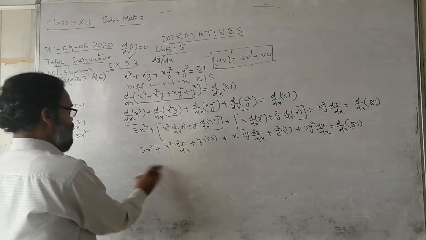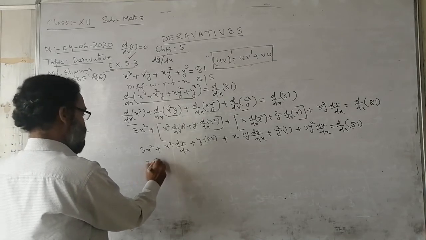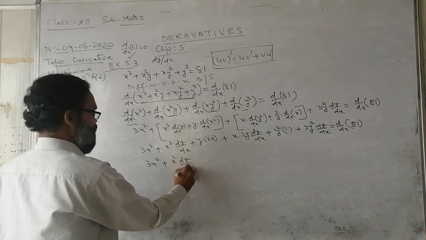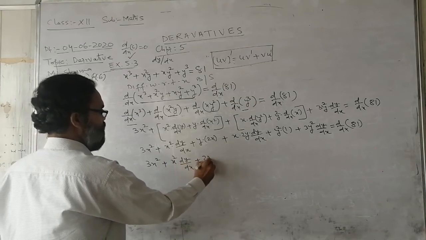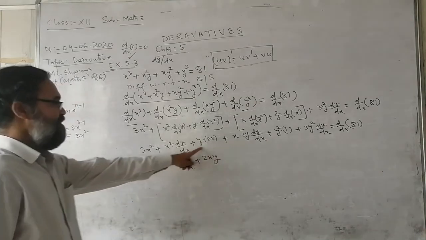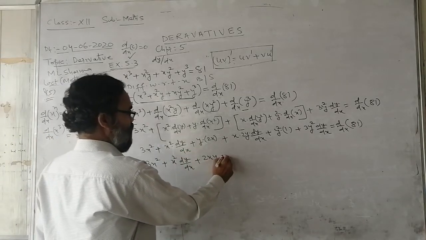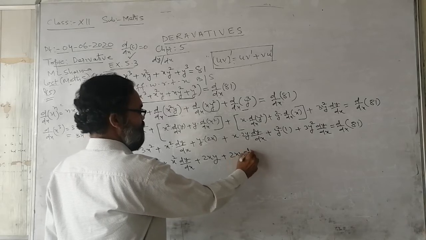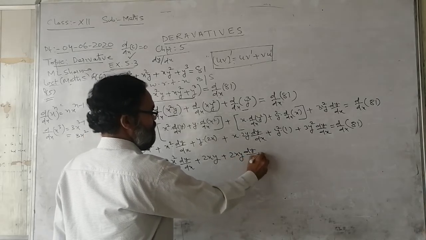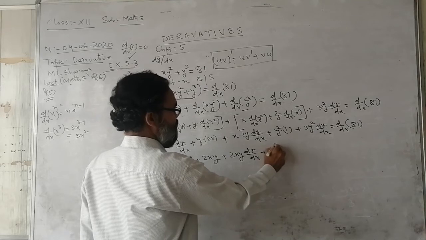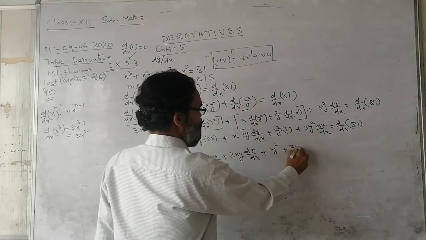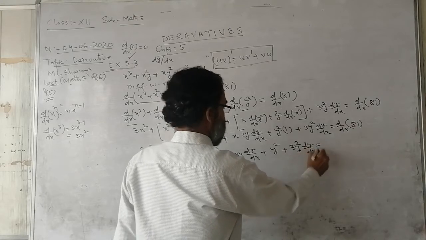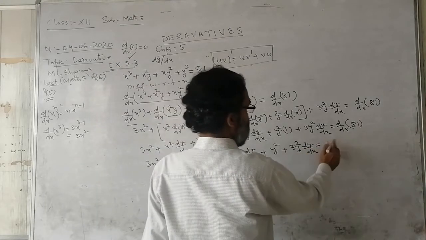So this can be written in this way: 2xy plus 2xy dy upon dx plus y square plus 3y square dy upon dx is equal to, this is constant, so derivative